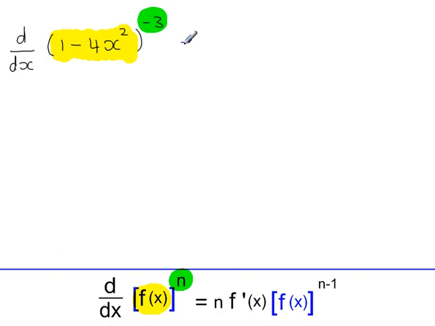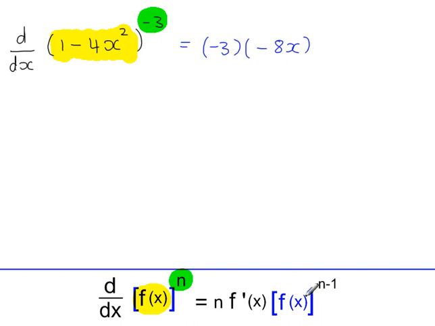So using the formula, we start with n, so that's the power, that comes to the front, minus 3. You multiply by the derivative of the function inside the brackets. So differentiating 1 minus 4x squared will give minus 8x